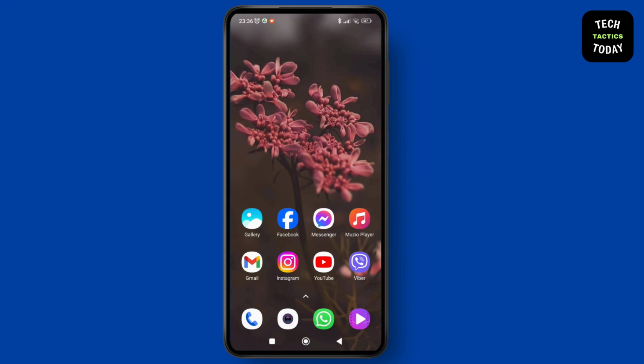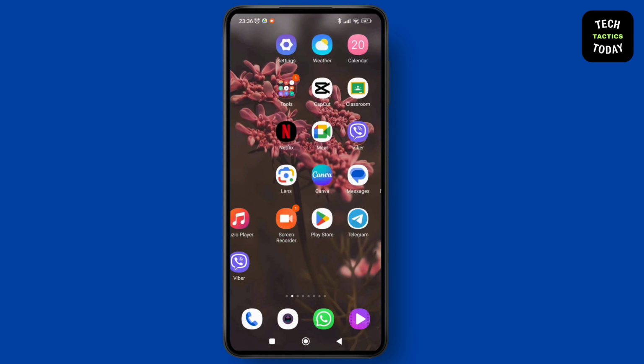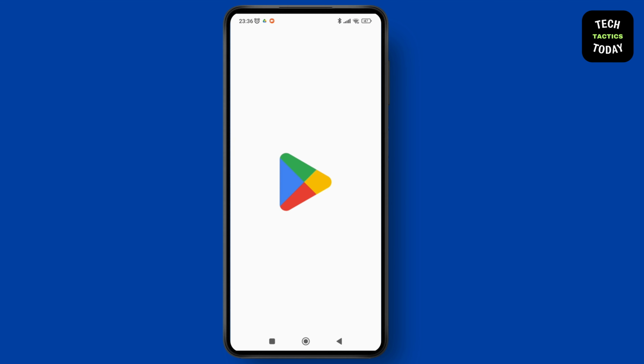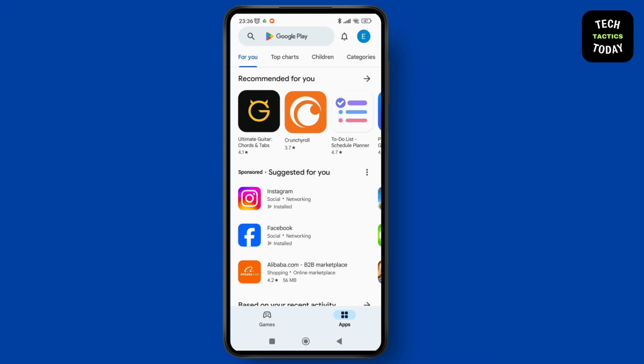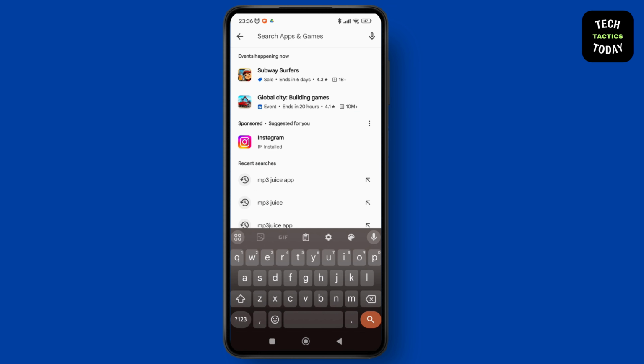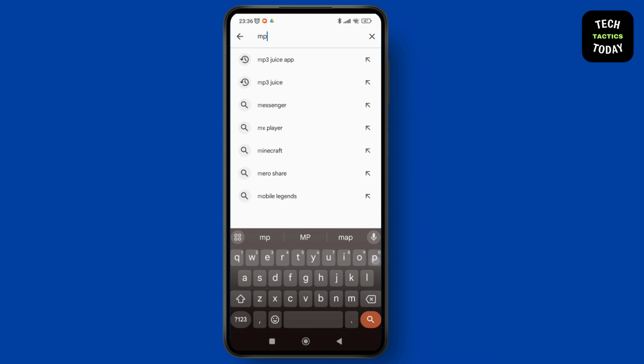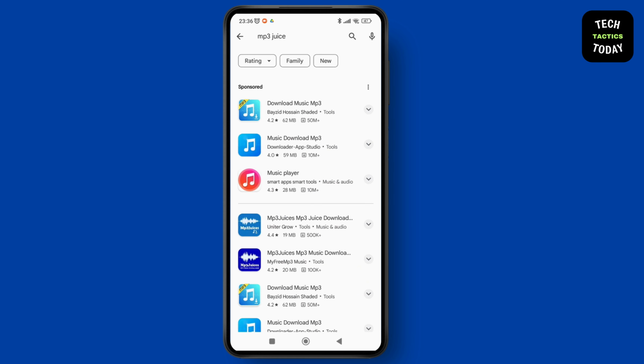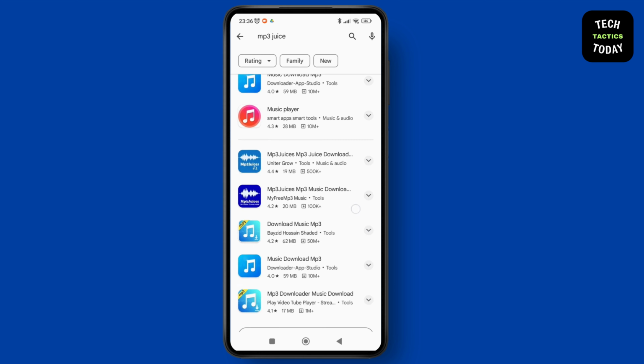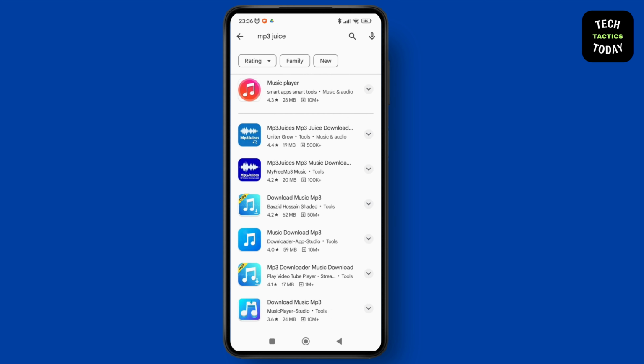Now first things first, open up your Play Store application on the device and then on the search bar type for Mp3Juice. So just type it in and select the option. Now you can see a lot of options over here. You can scroll down and find the Mp3Juice app